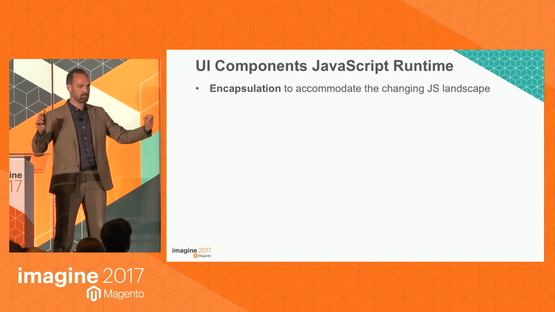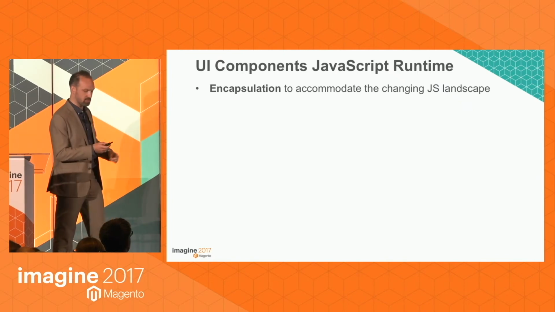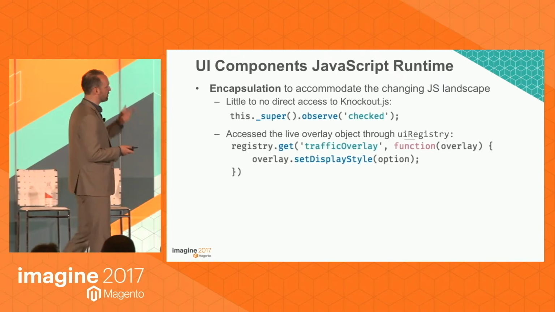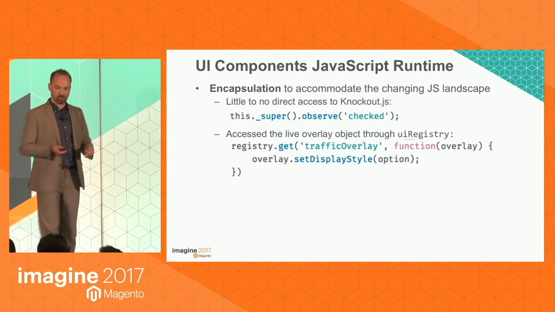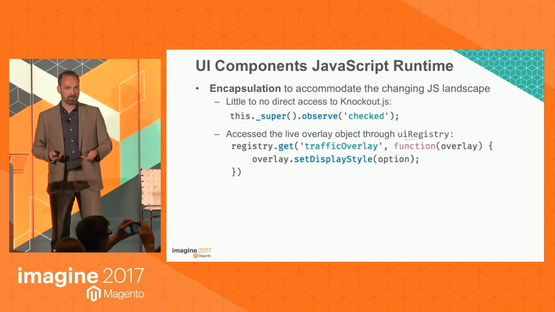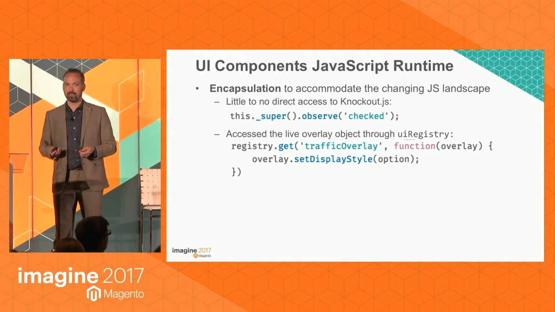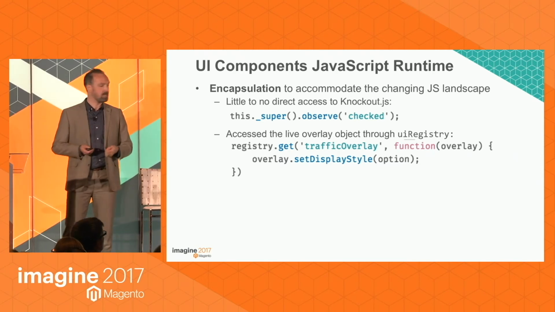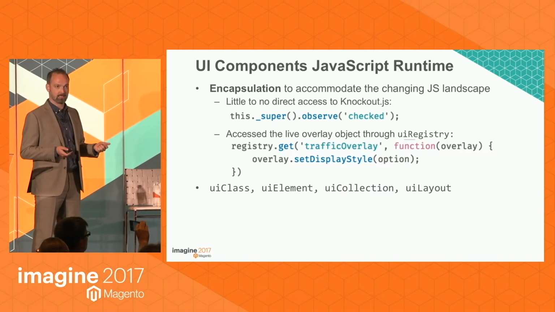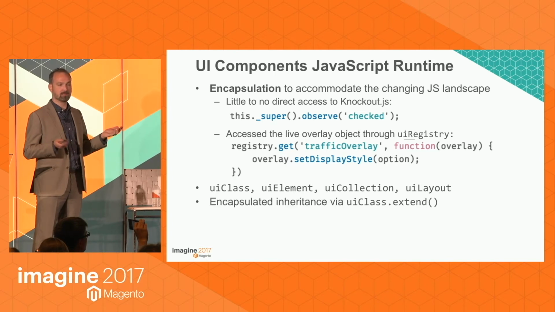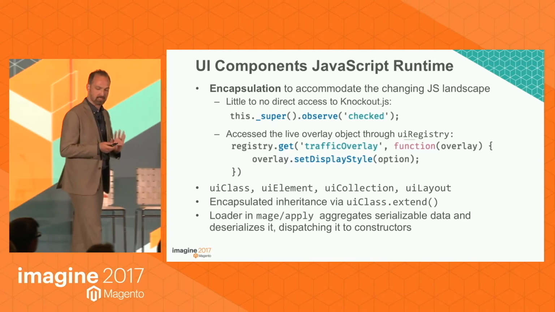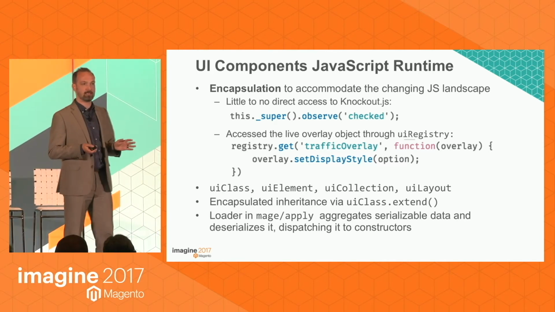And these lateral relationships between other components, they exist too, because you have an escape hatch across the tree, the UI registry. So you can get another object that is addressed. We do that here, and then you can do something to it asynchronously without blocking render. So the main parts of the system are UI class, UI element, UI collection, and UI layout. And then there's even encapsulated inheritance via the UI class extend function. And all these components, they receive data through a standardized interface that reads it out of the init script, and then,